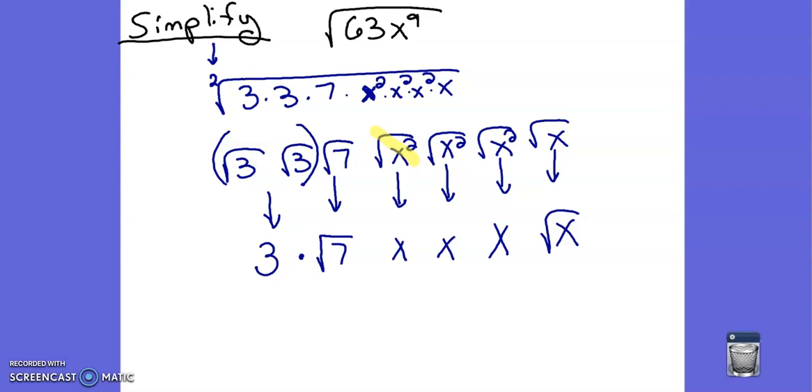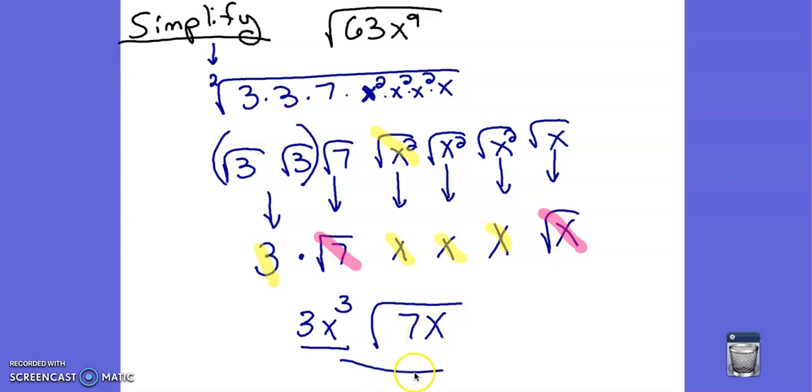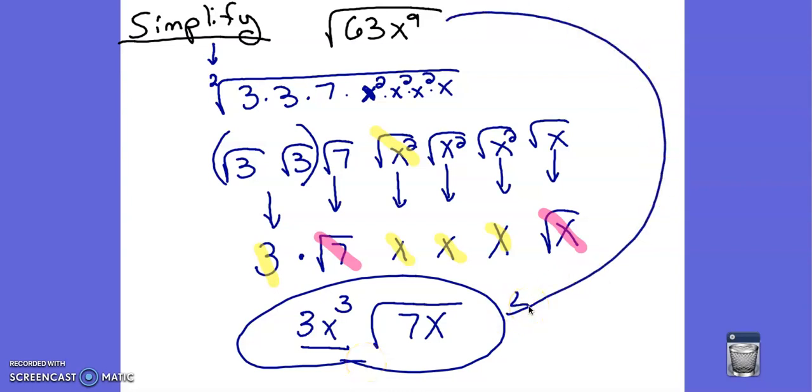So now you have something on the outside and you have something on the inside. Everything on the outside, let me highlight that, is those three on the outside, and then these are on the inside of square roots. So the yellow highlights would simplify to 3x cubed, and then what's on the inside would be 7x. So this is your final simplified answer from here to there. And again, there are several different ways to do this. This is one way if you want to break it down